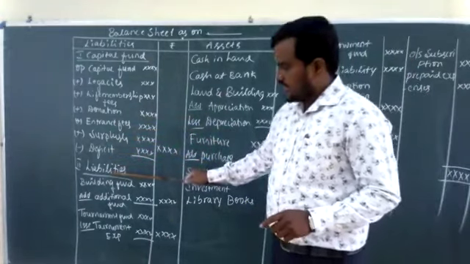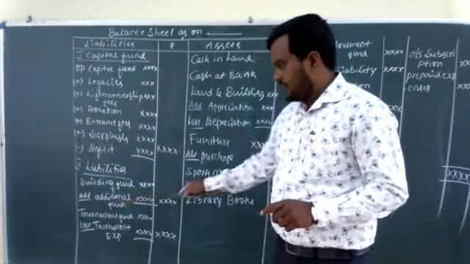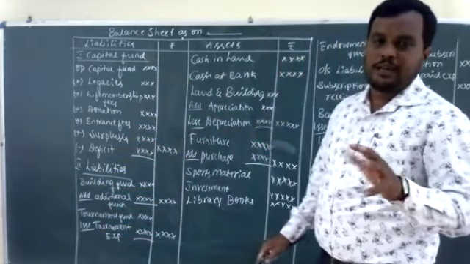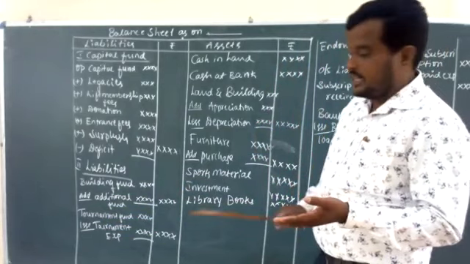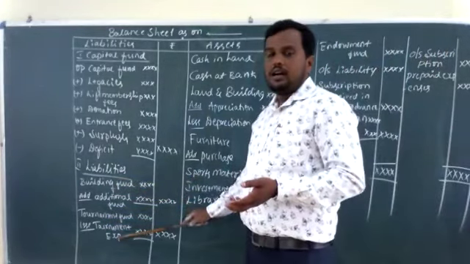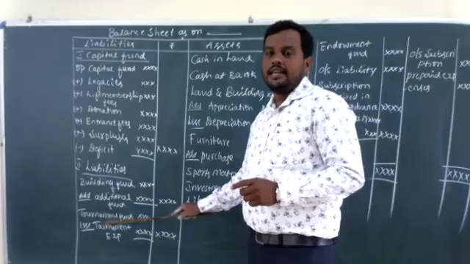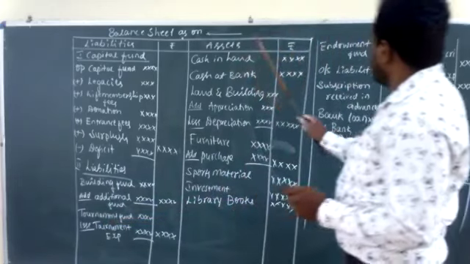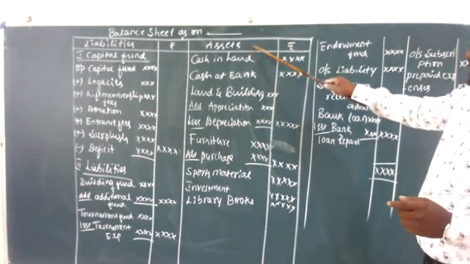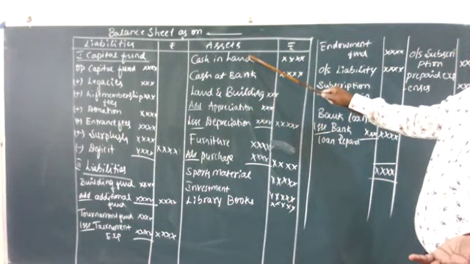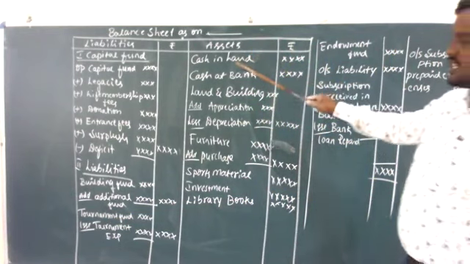After that, we record the liabilities like all types of funds: building fund, tournament fund, endowment fund, special funds, any other funds. They are recorded under the heading of liabilities. And also coming to the asset side, assets means current assets and also fixed assets. These are all the assets.